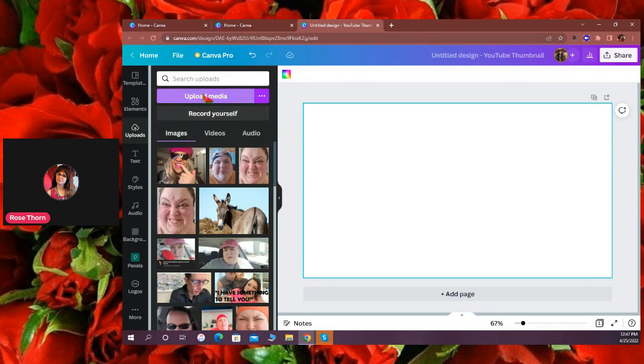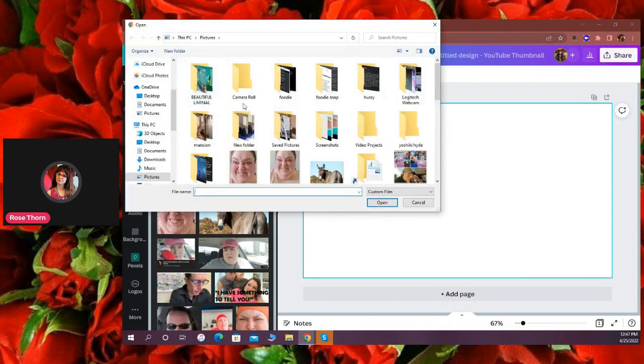Now this part, for the recording yourself part, that's mainly used for intros and outros. Let's just say there's a sound bite or a recording of yourself or something. This is where you want to record yourself. Or if you have something you've already got recorded, then it'll go directly to,